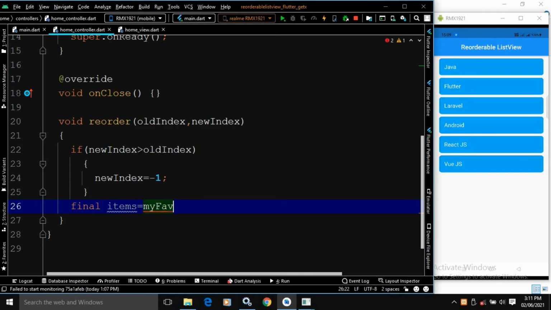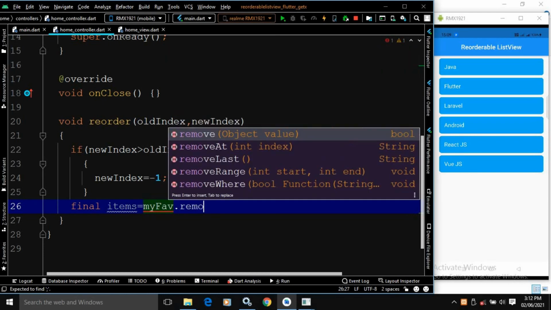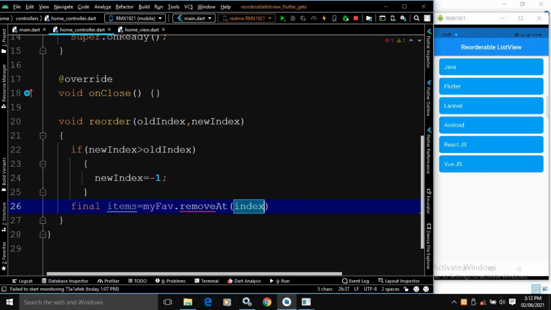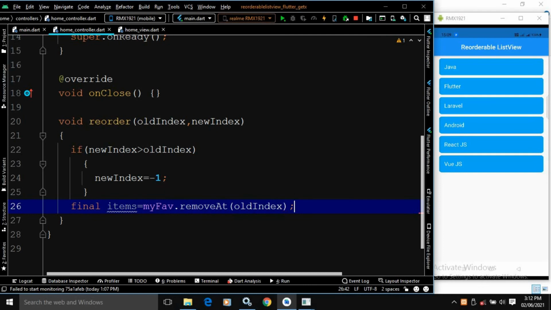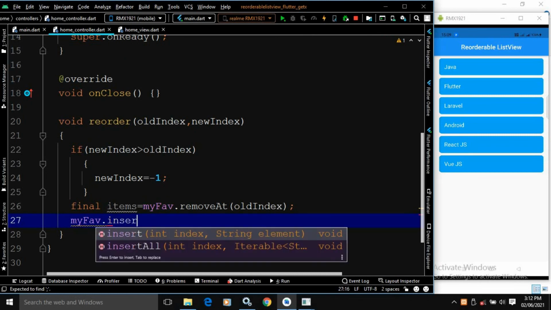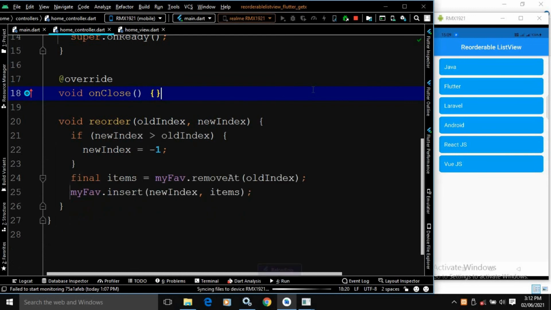Myfab is nothing but the list which I have created above, .removeAt, and here I will pass oldIndex. After that here I will write myfab.insert, and here I will write newIndex, and after that the items. Okay, that's it. Now let me again run this.